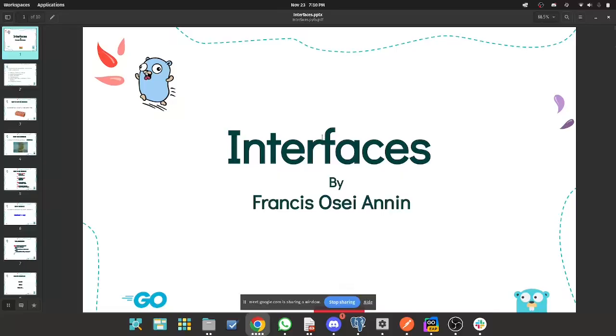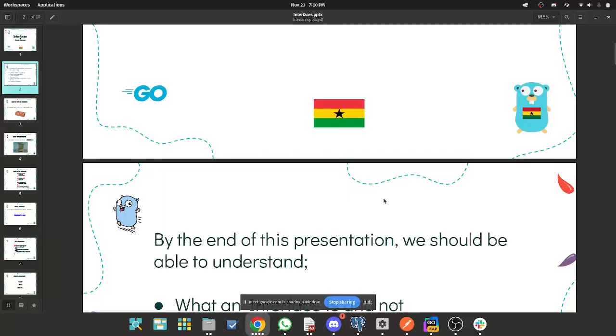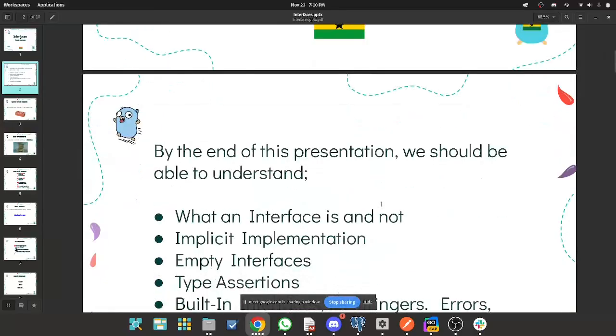Go. So as Dennis rightfully said, my name is Francis Osei Annin. I've been doing this software thing for some time now, and been using Go for about 6 years. So I hope I'm able to lead the discussion and help you understand what interfaces are and what they are